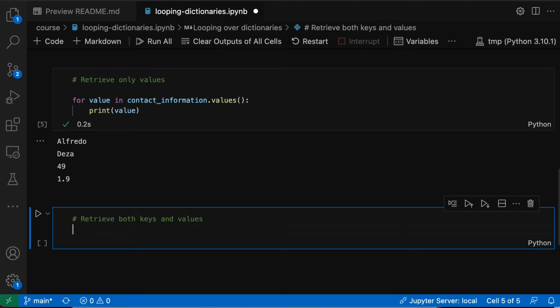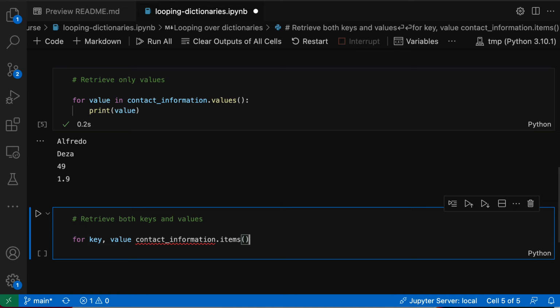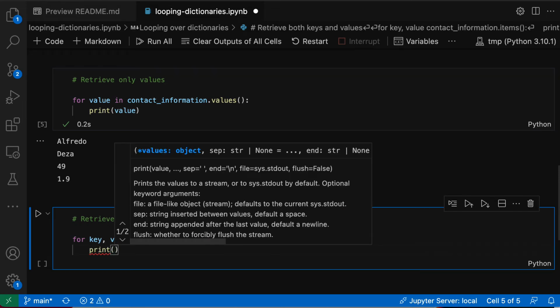Perfect. So last but definitely not least is what we're going to do when retrieving both keys and values. So to do that, we're going to say for key comma value. This means we're going to produce two variables out of looping over the dictionary contact information. So the key here is that we need to do dot items. That items is the right thing that we need to do there, and contact information dot items, and then we can say print, and we can use